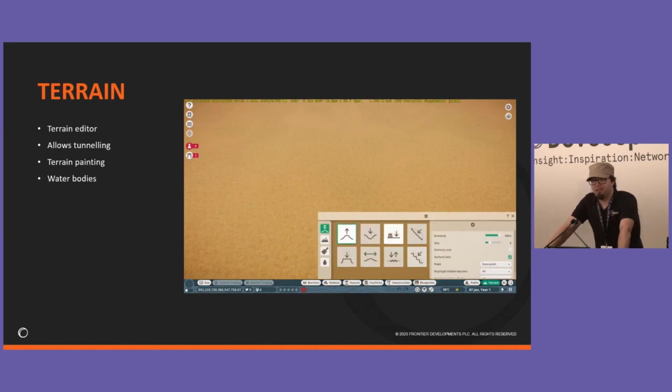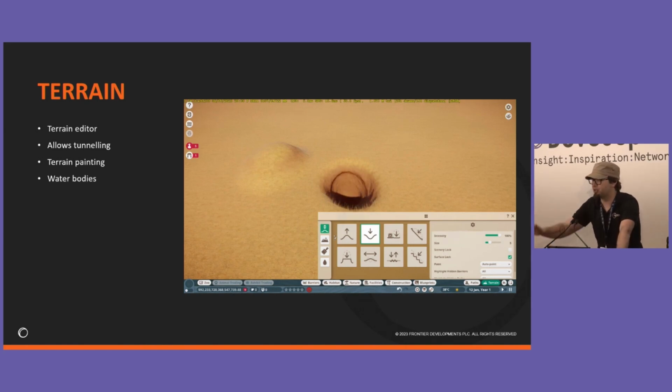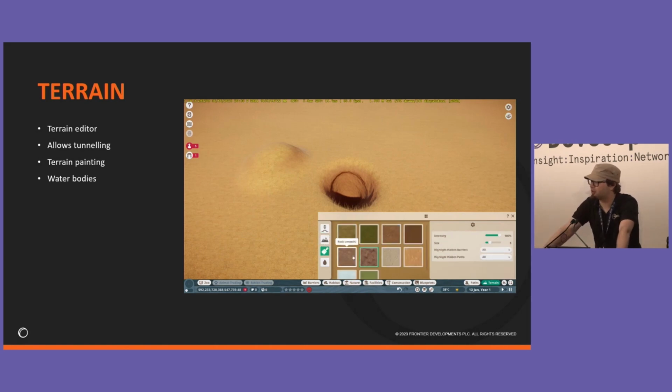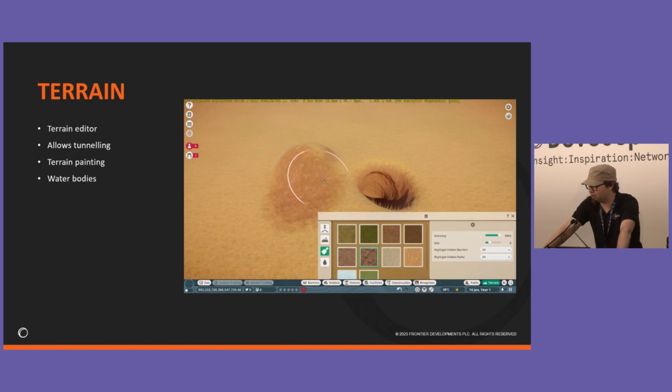Now, of course, terrain. Terrain is another big one. Not only do we allow players to build these pieces and build these buildings wherever they want, we even allow them to modify the terrain on which they are building these pieces. So we expose a full terrain editor that allows them to raise, lower, and paint materials on the terrain. And in our Planet series, we even go as far as to allow them to do tunneling within the terrain